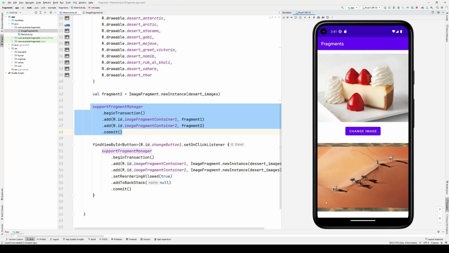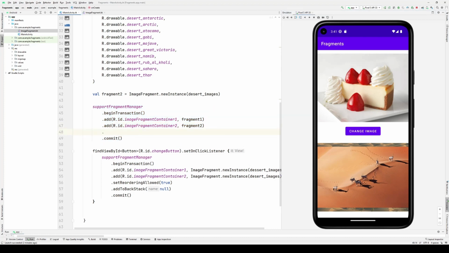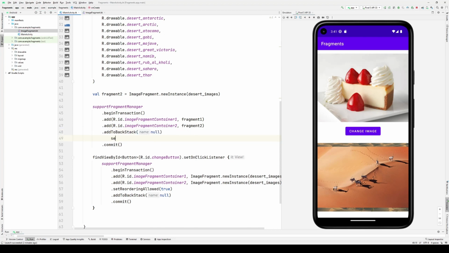Now that I do a rotation again, you can actually see it thanks to the fact that these images are differently sized. So you'll notice that I'm seeing another fragment below the fragment that's on top. Now we can actually fix this problem, or not fix the problem, but make it more obvious by adding this operation to the backstack. And again, I have to